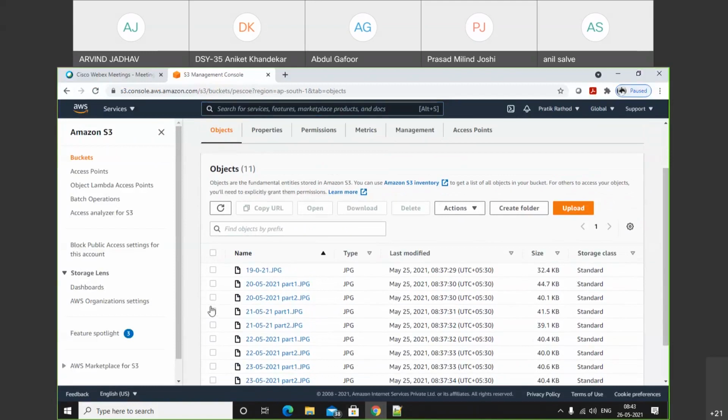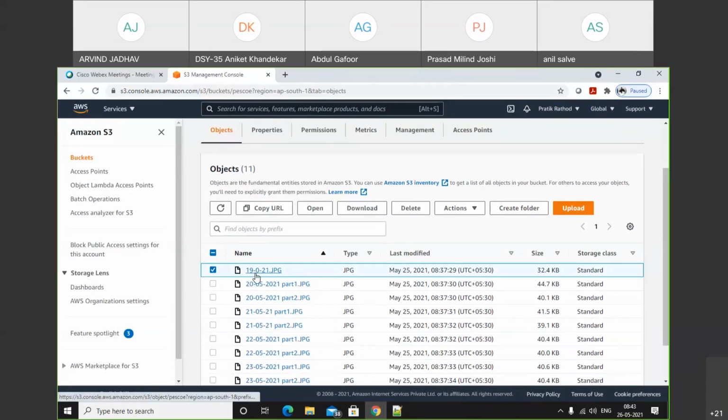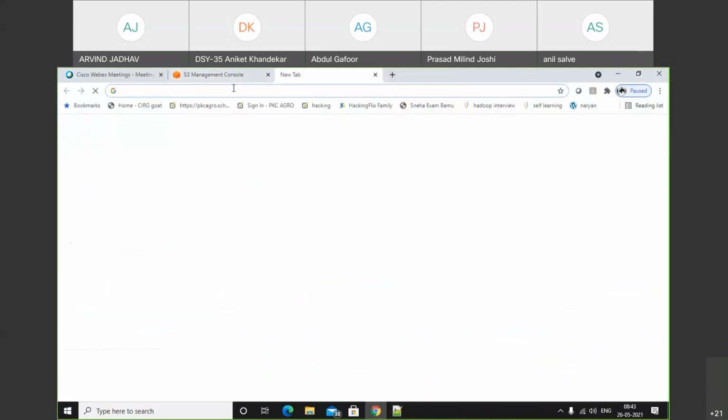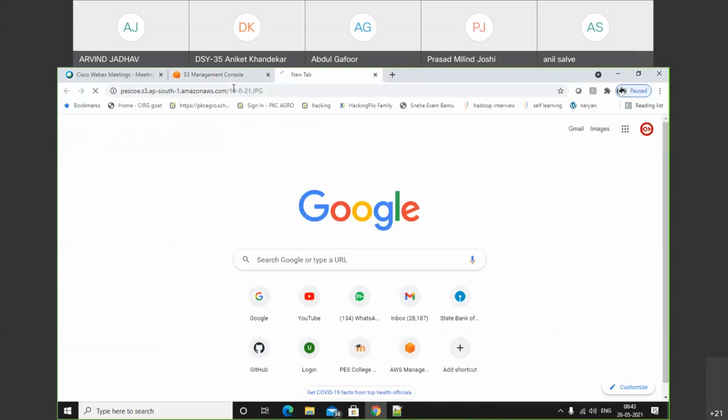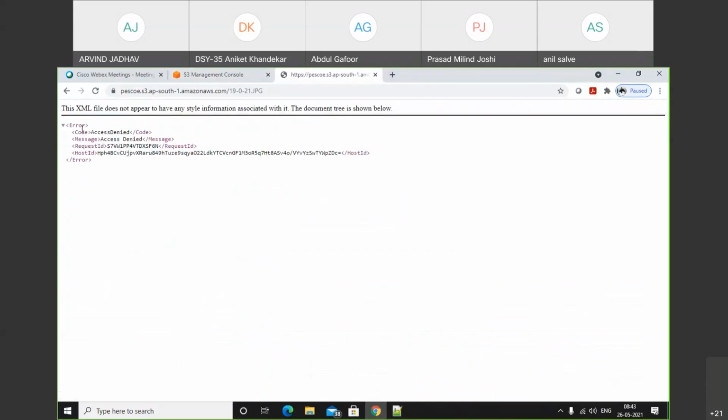For example, when we click on the file 19021.jpg and copy its URL, and afterwards open it, we get the error.